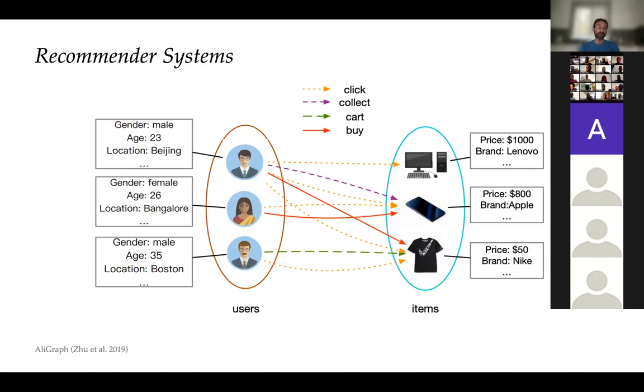This is another paper, AliGraph. This is Alibaba, a Chinese company that is similar to Amazon. They're selling products, and in this case, they developed a graph learning infrastructure that actually powers many of the applications of Alibaba, and in particular recommender systems, which can be thought of as a kind of edge prediction. So you try to predict links between users and items based on their previous activities. And again, graph neural networks are prominently used here.